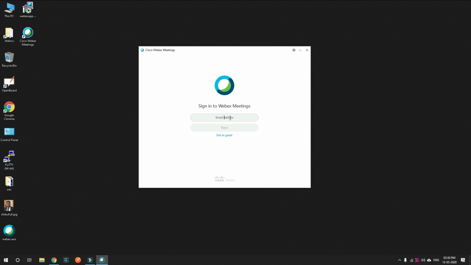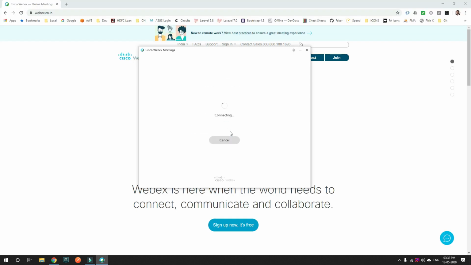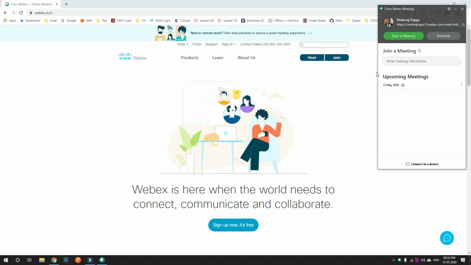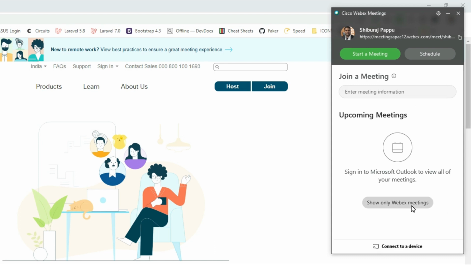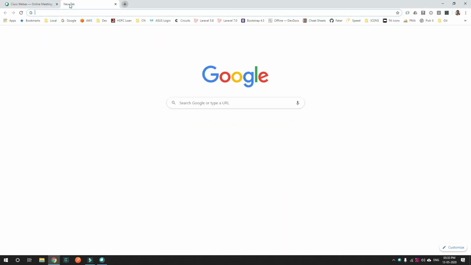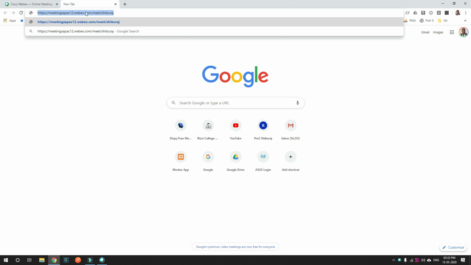Once this step is done, we will come back to the Cisco app that we have just installed, and we will log in with our account. Once you enter your password, you will get into the Cisco Webex Meetings panel. This is what you get after you log in. Over here is a link. If I click on this icon, it copies the URL, and if I paste it, this is my meeting URL